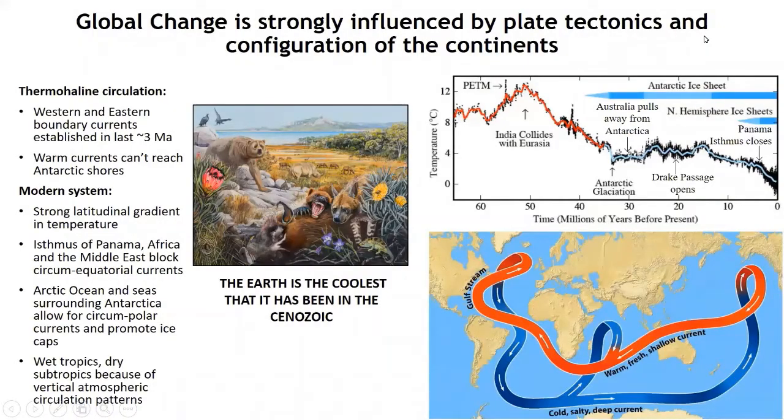So what caused Cenozoic climates to change anyway? It's been a slow process with the changing configuration of the continents, and the growth of these ice sheets that we see now began only really subsequent to the Cretaceous, which was an extremely hot time on Earth. So actually, if you look at a temperature curve through the Cenozoic, climate has cooled quite significantly from the beginning